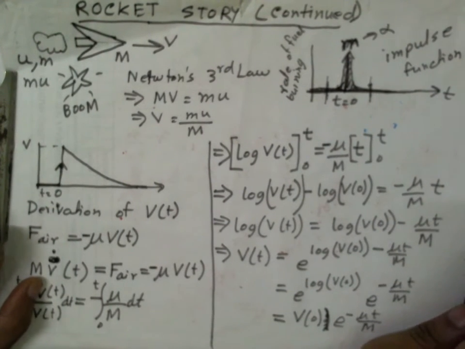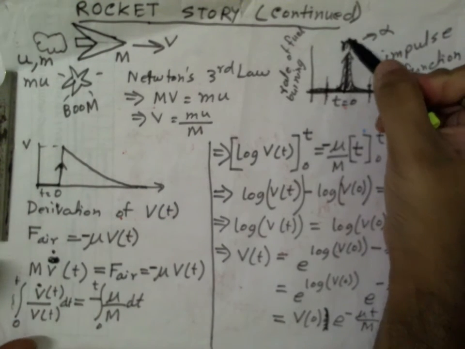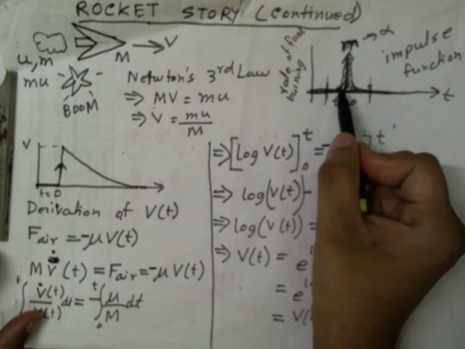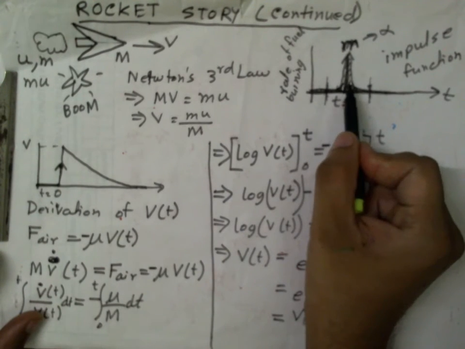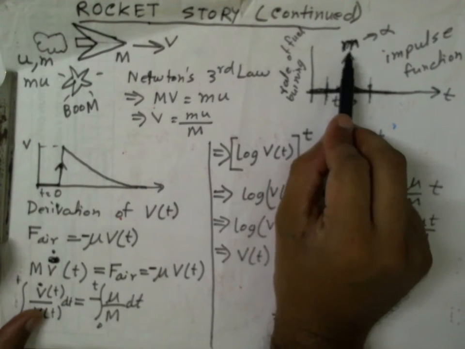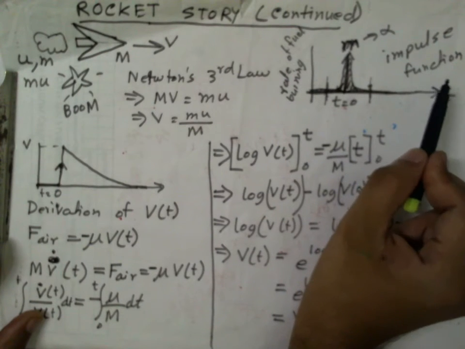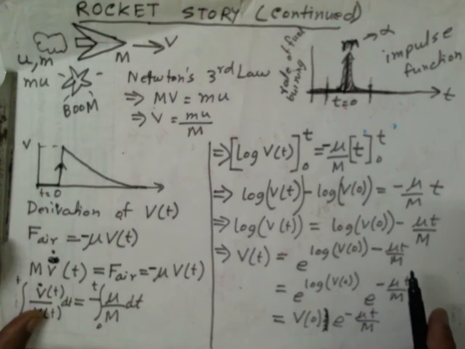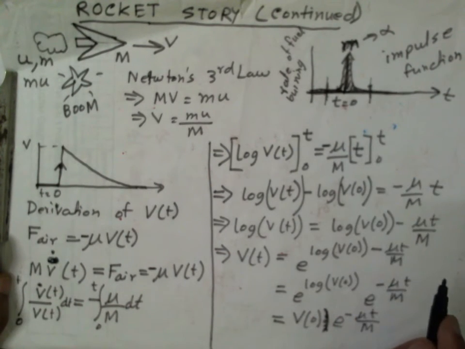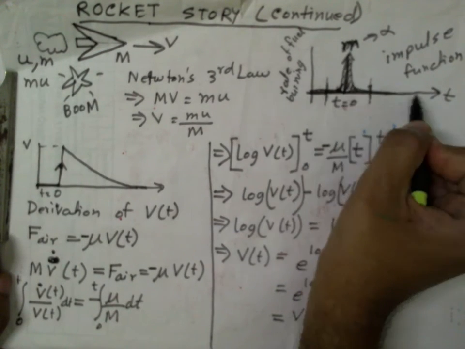Sometimes it's difficult to visualize, but try to realize the fact that the height of this curve is almost infinite, whereas the width is almost 0 and the product is finite, which is equal to m. And this is an impulse function. Such a function is called an impulse function. Now what we have seen, that when the gas is burnt like this, like an impulse function,